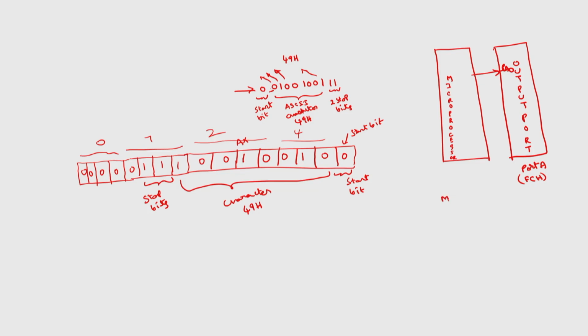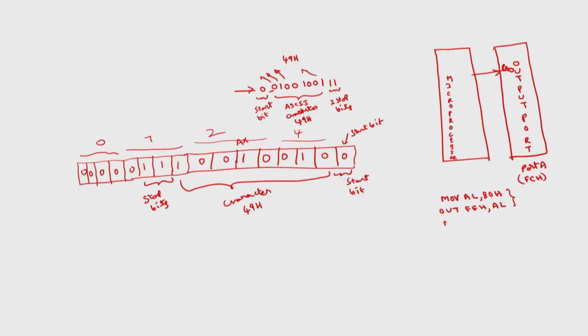So, to program all the ports as output ports, we know the control word, we will write OUT FFH, which is the address of the control register, comma AL. With these two instructions, this will program all the ports of 8255 in mode 0 as output ports. Now, I have to send one by one a total of 11 bits. So, I will take this counter CX with 11 bits,